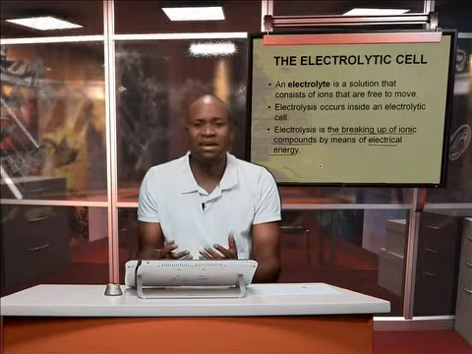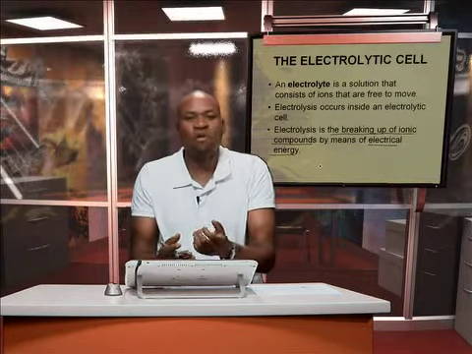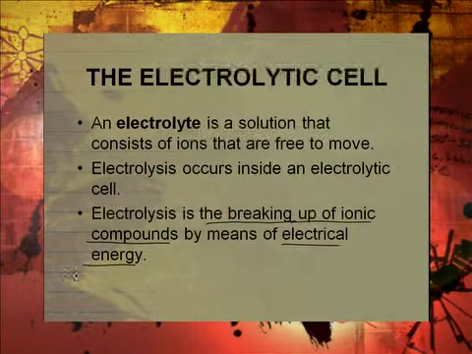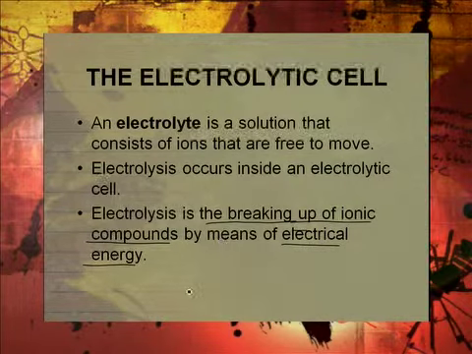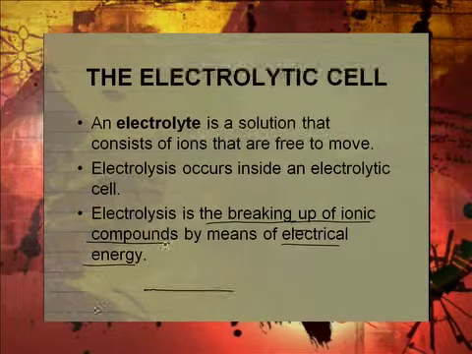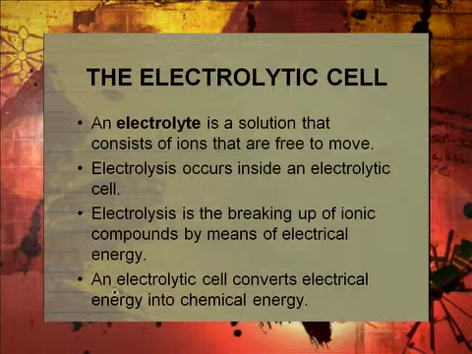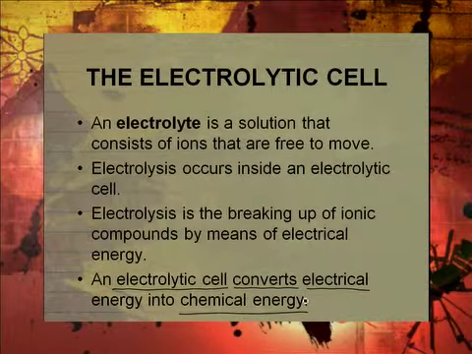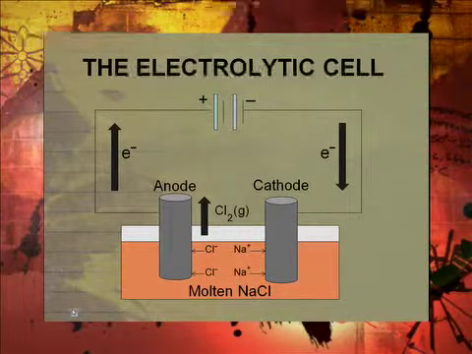Remember what I said in the previous lesson about energy being released when bonds are formed, and when you break bonds you need to supply energy. The same thing is happening here. So you're supplying energy in the form of electricity, and then you cause ionic compounds to break, and we call that electrolysis. Now an electrolytic cell, now we're coming to what this thing is. An electrolytic cell is a cell that converts electrical energy into chemical energy. So you bring in electrical energy and you use that to break up